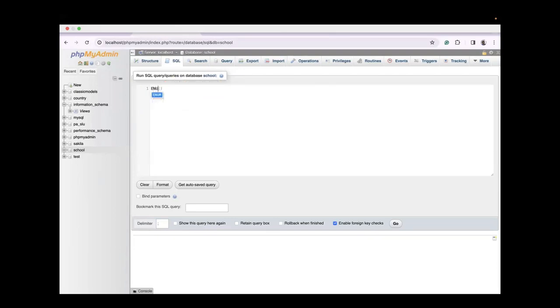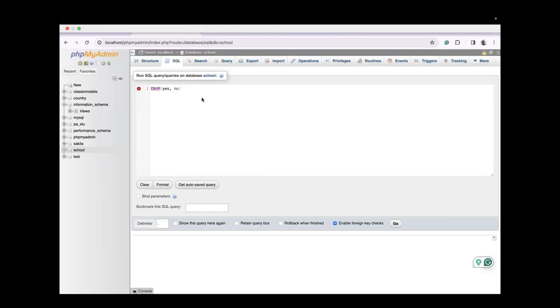When you have enum, it's like you have predefined values that they have to choose from. I think you can list up to 65,535 values in an enum list. So what you do is to have enum, and here you put the values. Let's say you just want yes and no values to be selected from. So you define that column as enum yes no, and then on the front end it will be a select or drop down list of yes no, exactly like the enum that you have defined. Okay,